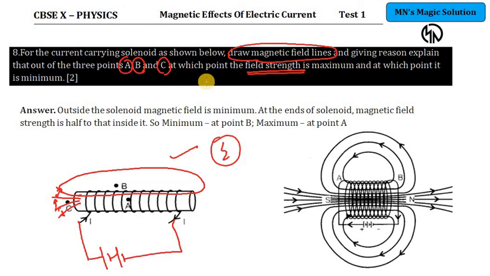And which of the 3 points maximum and which it is minimum, அதாவது maximum at point A and minimum at point B அப்படின்ற அந்த explanation எழுதியிருந்தா அதுக்கு 1 mark. And the reason for that, why? Because point A is inside the solenoid and you have numerous parallel lines which indicate the magnetic field strength அப்படின்னு சொல்றதுக்கு you will be allocated marks. Clear? So this question carries 2 marks in all.